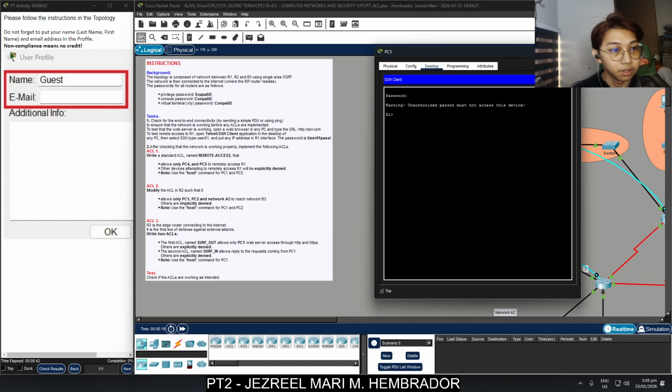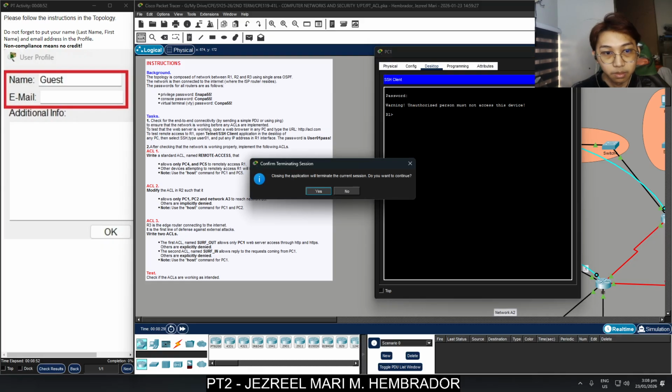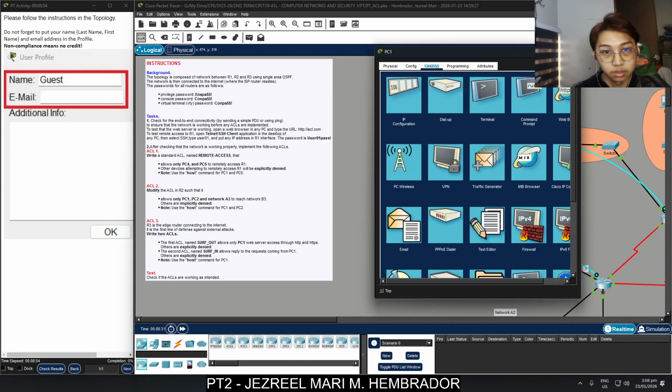So now after we have successfully done the testing, we're going to implement the ACLs now. Okay. So for step 1, we're going to secure the remote access in R1.